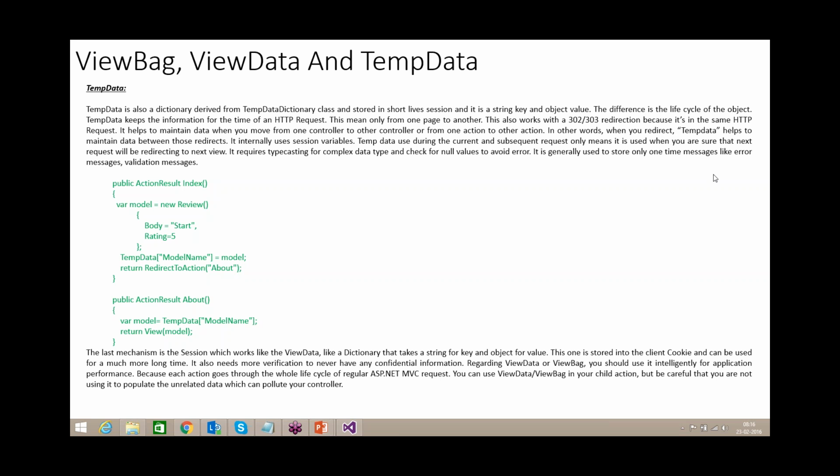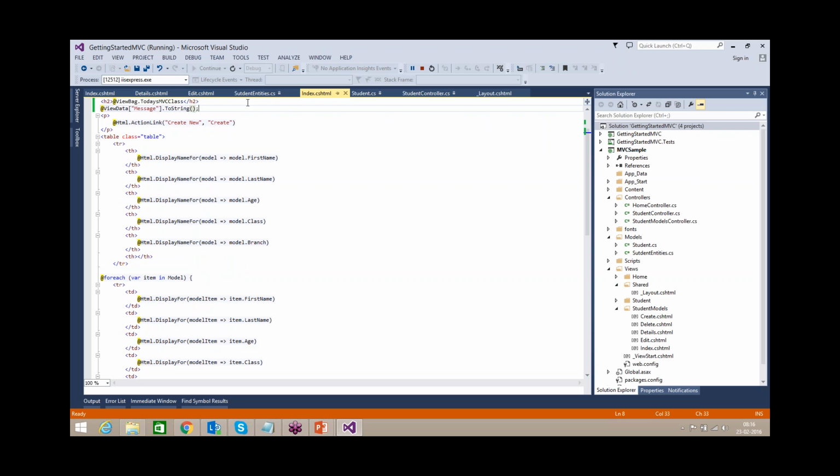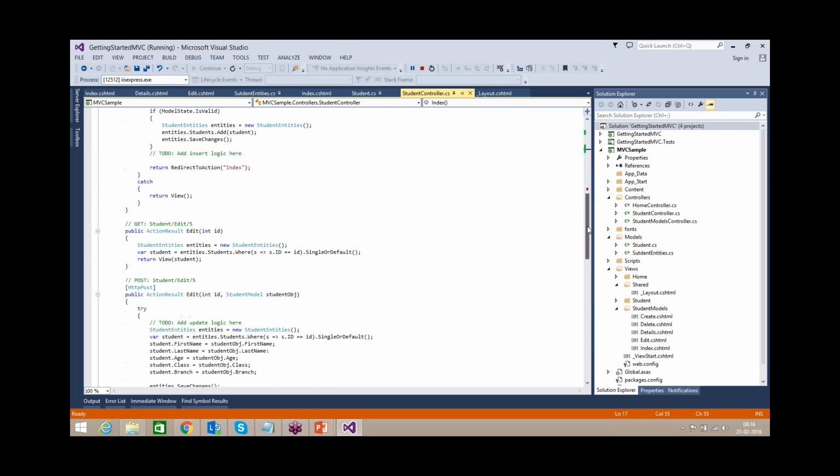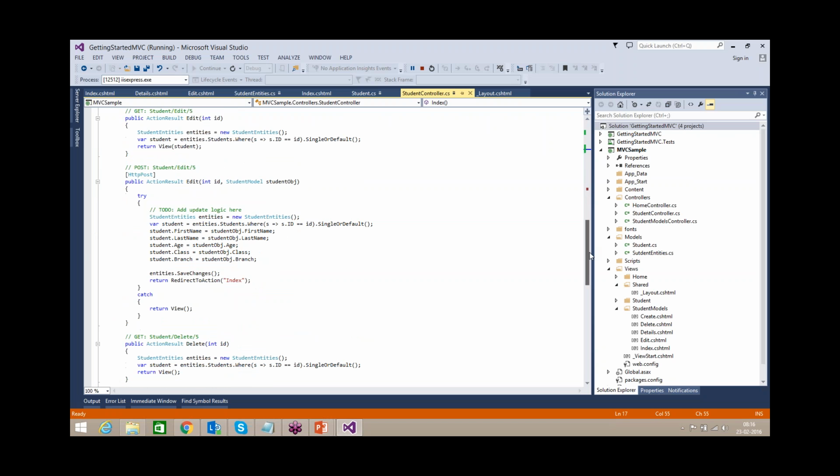So we'll see an example. Here we are using RedirectToAction, which will redirect to the action you defined here.